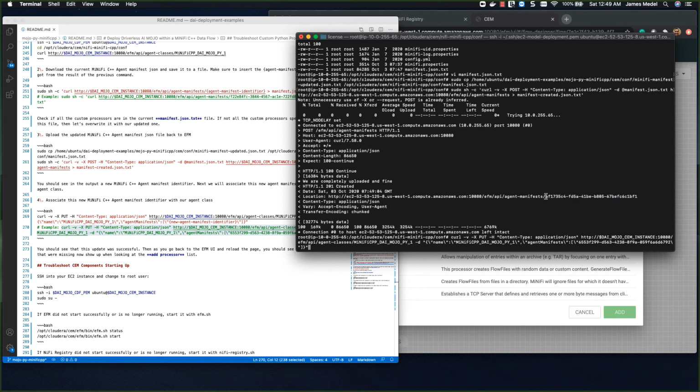We're going to copy this new agent manifest identifier and replace the current one, which is right here. And then we're also going to update this with the public DNS